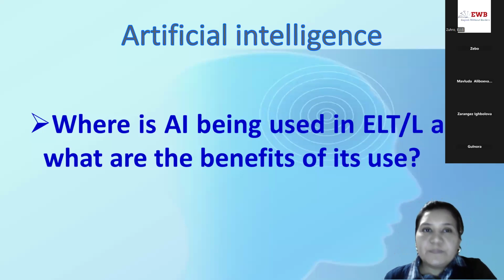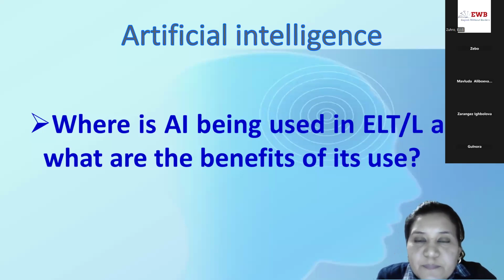Yeah, good evening. So it says, where is AI being used in English language teaching, and what are the benefits of its use? I think let's talk about ChatGPT, how good it is. Yes, it's very popular now, used in EL classrooms, ChatGPT as artificial intelligence. It's OpenAI. Yes, it's a trend at present. Okay, can you express the benefits of using ChatGPT in the English classroom or in teaching a second language, maybe German or Spanish? And can you give examples or some advantages of using this tool?